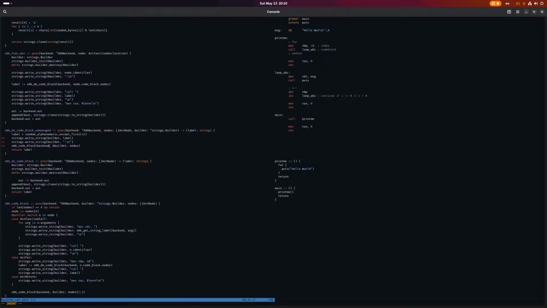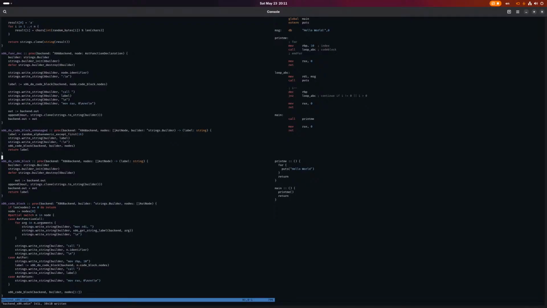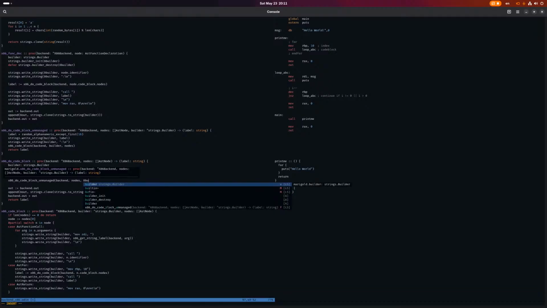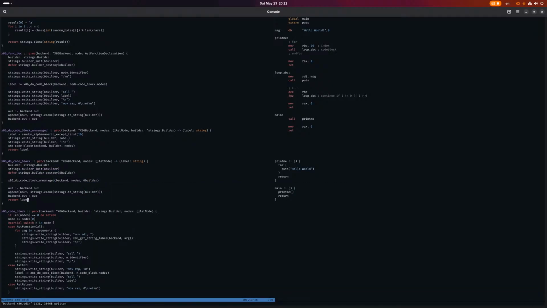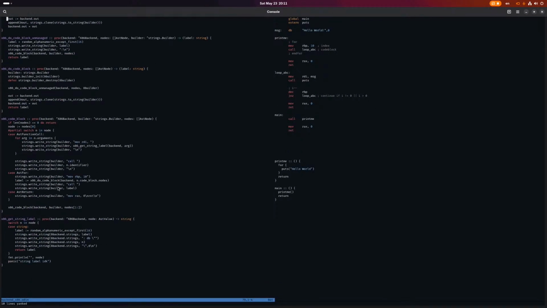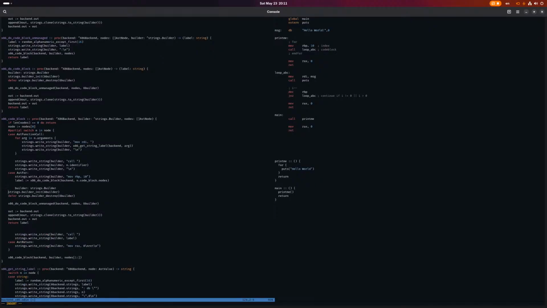And of course, this is no longer needed. And then this instead runs x86 do code block unmanaged with a backend nodes and the builder. And then we want to take this code for the for loop down here. Yeah, exactly. So when we actually generate the for loop,